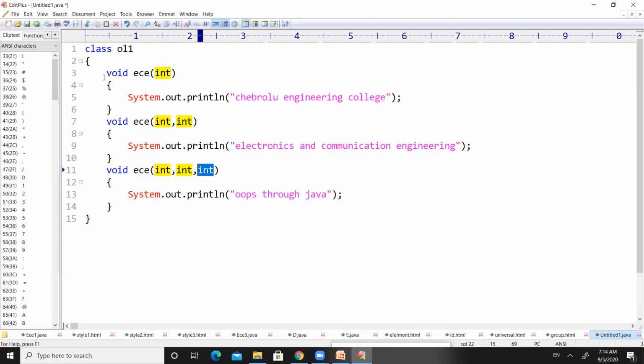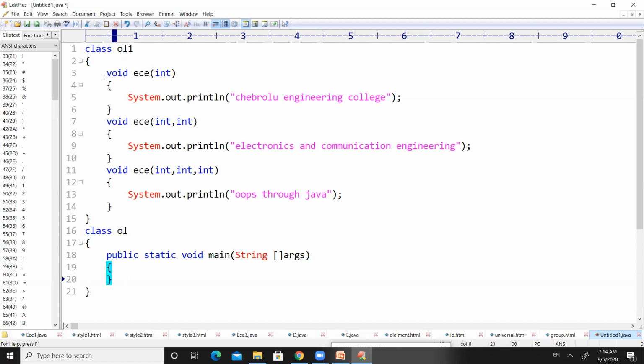Now, how these things are going to be executed is one of the questions. So I want to define one more class here, and the name of the class is OL, that means overloading. In this class, I want to define the main method in Java, that is public static void main, String args. So inside the main method,